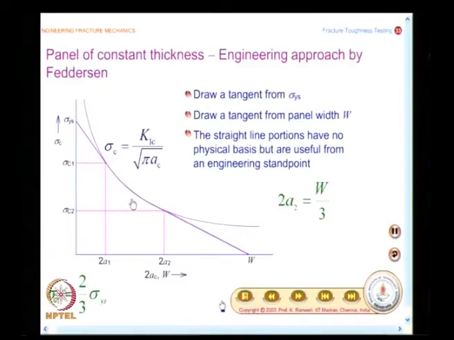Now, you will find many people who are practicing engineers, they have contributed to fracture mechanics. They have brought in certain thumb rules and simplifications, and they have made your life simple for applying fracture mechanics concepts to practical geometry. So, this is the way that he has given. So, you are not taking the complete curve, you will have a straight line portion, a curve, and a straight line portion. From this, you could also go and find out what could be the minimum panel width. We will see that.